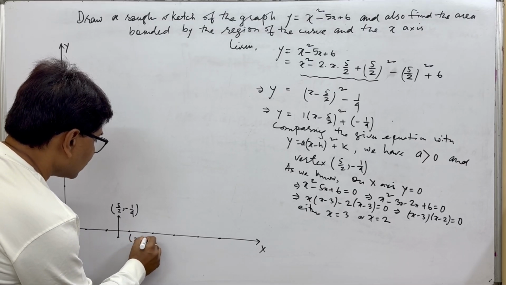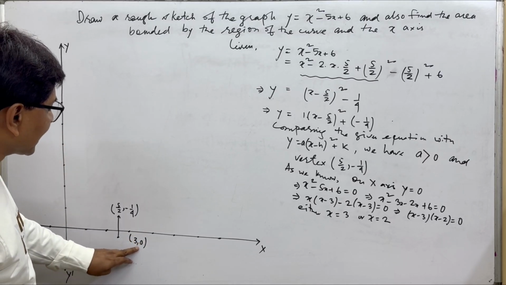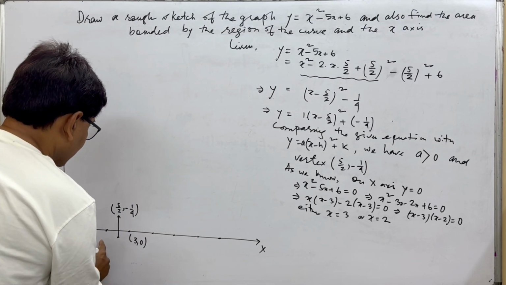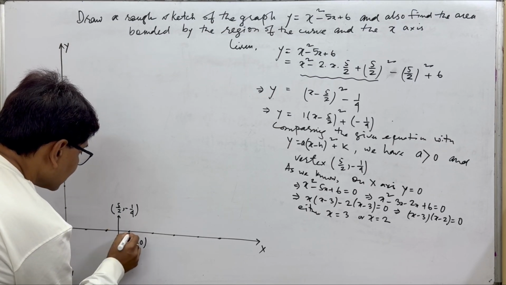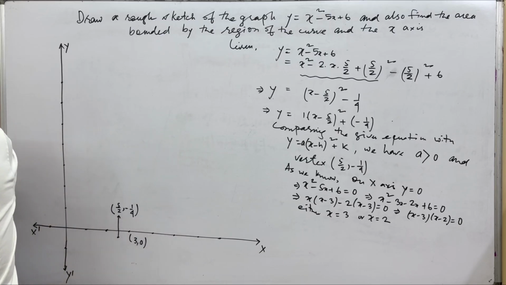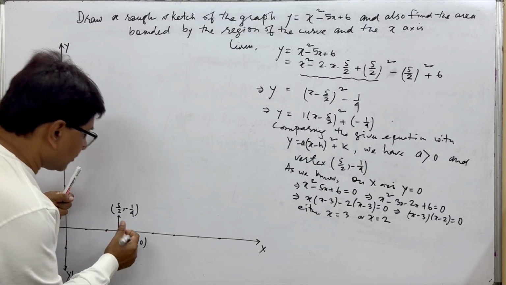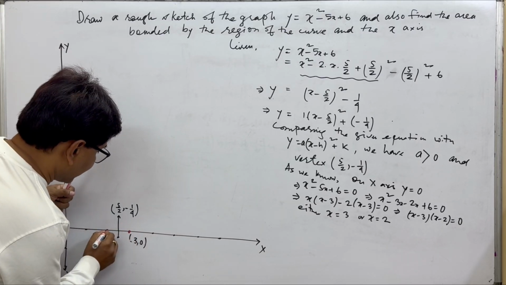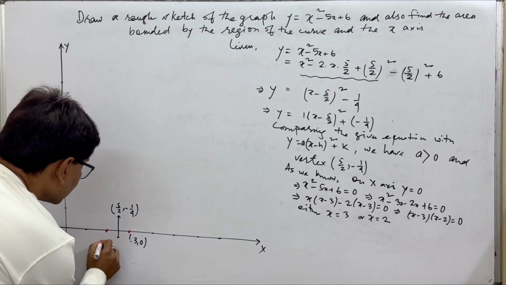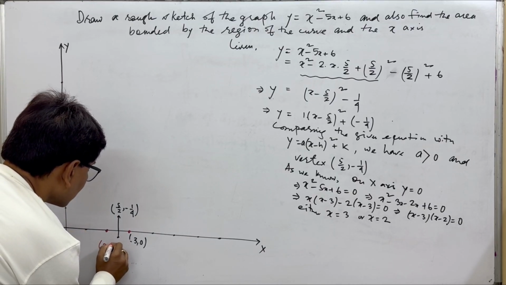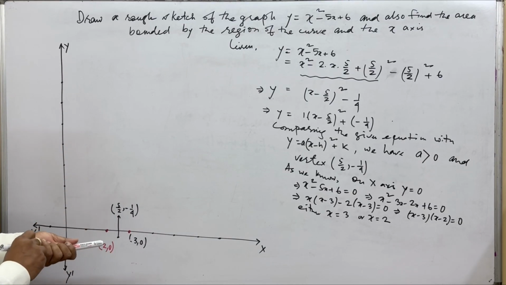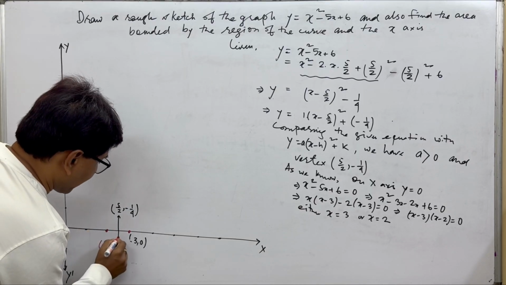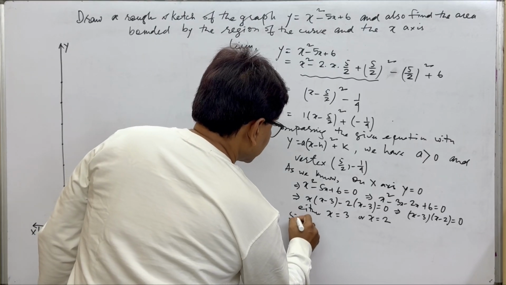3, 0, because on the x-axis y equals 0, and another point, this point is 3, 0, and this is 2, 0. Okay, so this is the vertex. Similarly